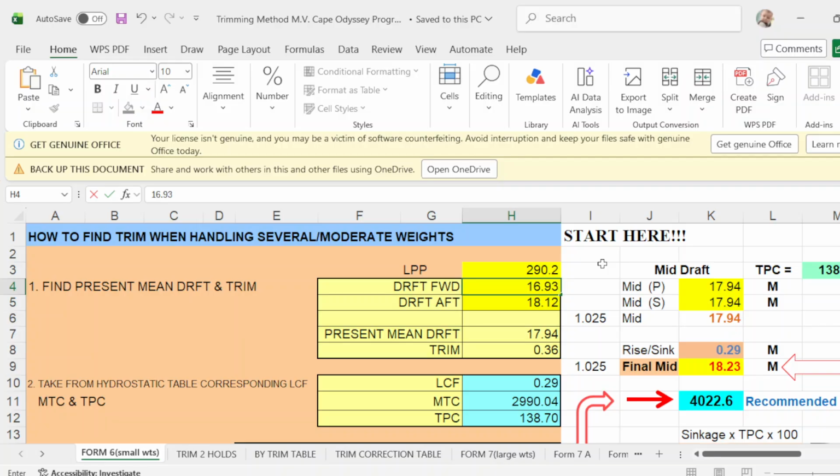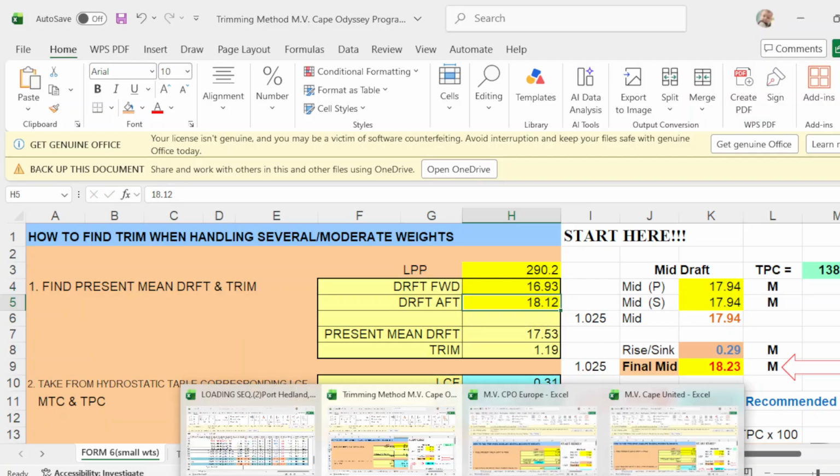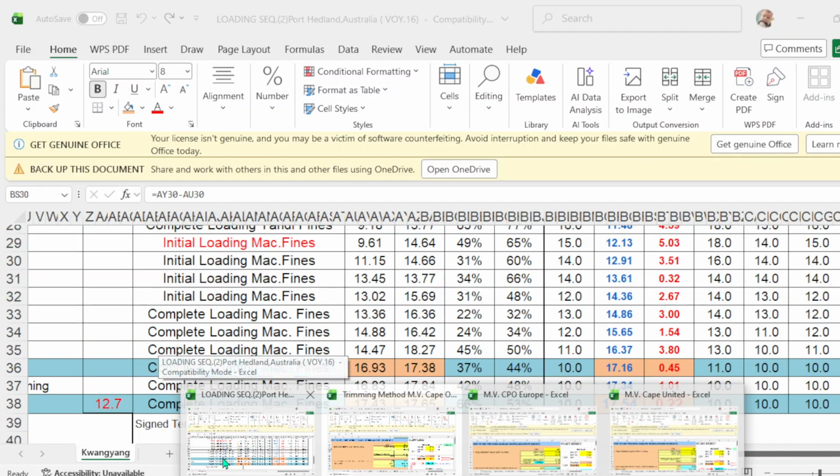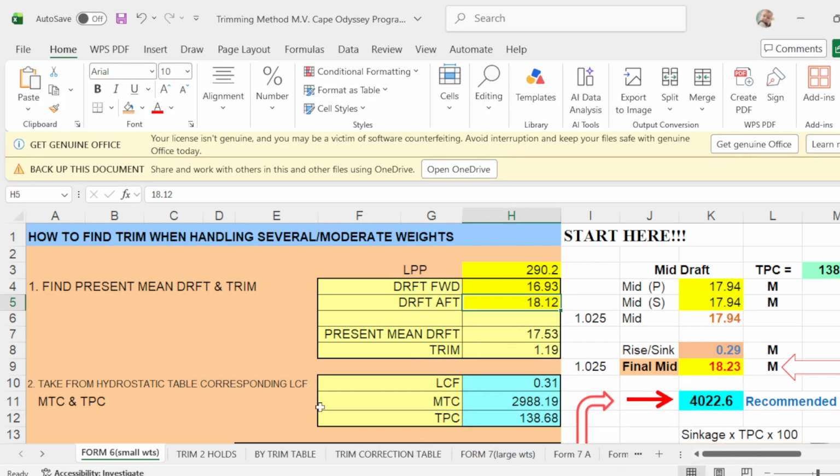and the aft draft is 17.38. Put here 17.38. Okay, then this will be your mean draft, this will be your trim, and LCF, MTC, and TPC.